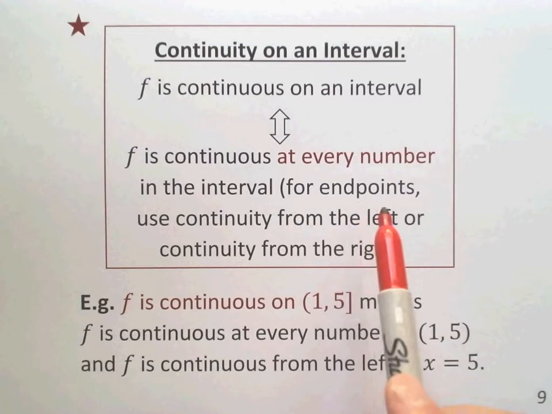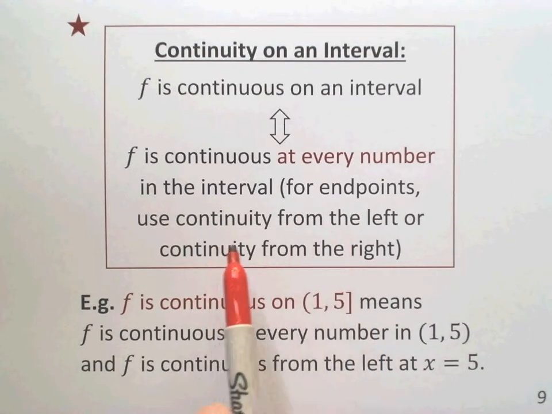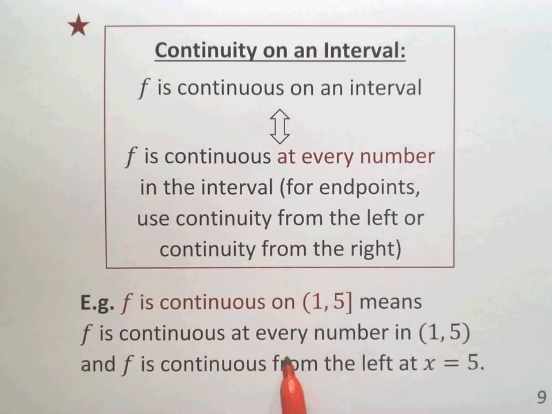But how about the endpoints? For the endpoints, what we can consider is the one-sided continuity, either continuous from the left or continuous from the right. For example, f is continuous on 1 to 5. From the definition, f is continuous at every point inside the open interval. And how about 5? This is closed, so it is not continuous, but it should be continuous from the left,